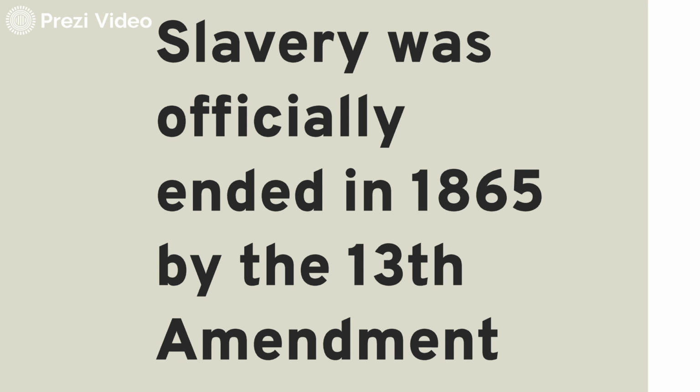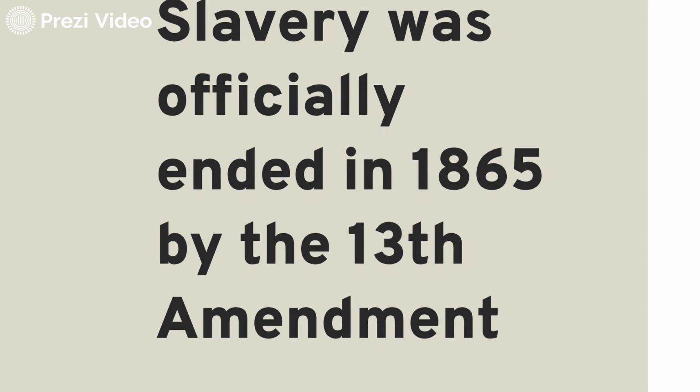As we talked about, the amendments were changes made to the Constitution, added after the Constitution was ratified, the 13th Amendment being the one making slavery illegal. And we'll see with the 14th and 15th Amendments later on that those give all African Americans the right to vote and the right to be free and not ever have to be slaves